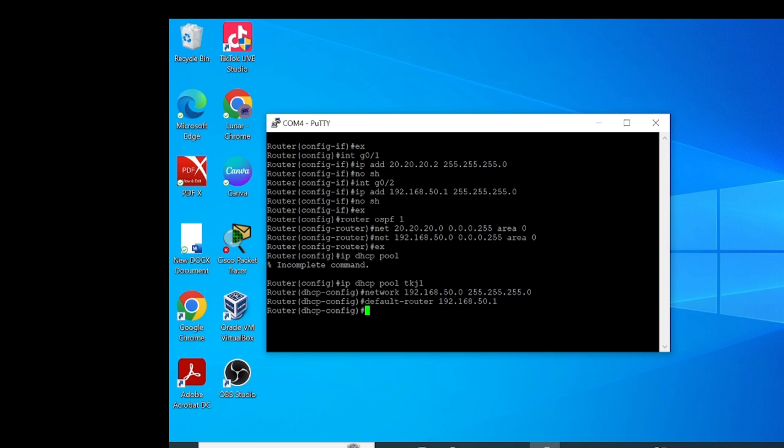And then next, configure the DNS server like this on the screen. DNS server, and we are using the Google server to access the internet, 8.8.8.8, and then next.